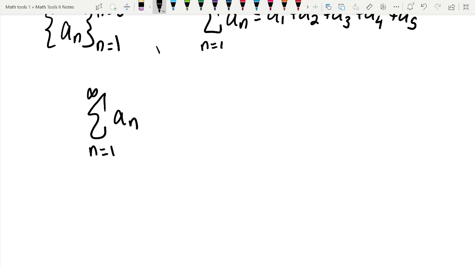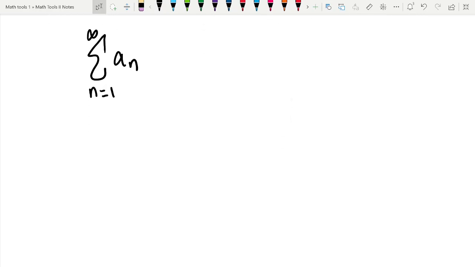And it's going to be related to the work that we did on sequences. Namely, we want to look at the sequence and see if there is some limit of the sequence, right? If it converges as n goes to infinity. But the sequence on the inside here converging is not going to be enough to tell us that the series itself converges. A good example of this, and we'll get into this example later, but I just want to use it as the motivating example here,